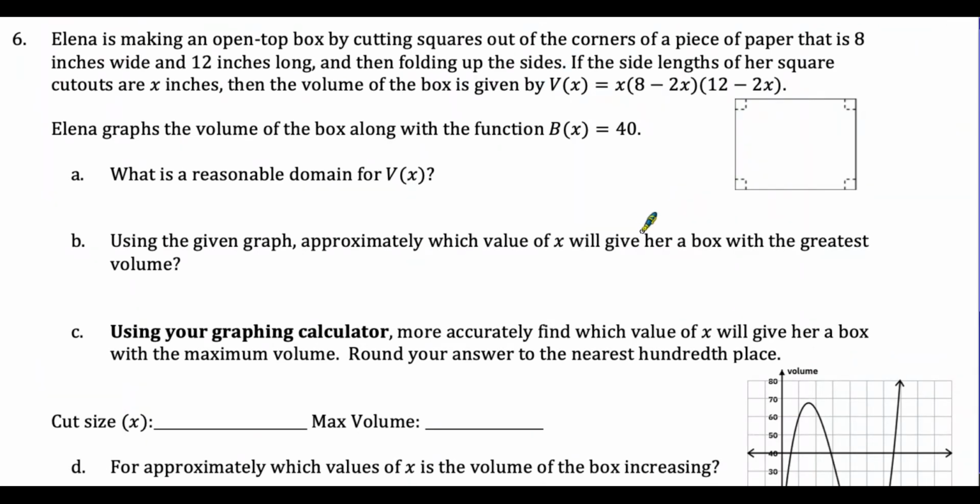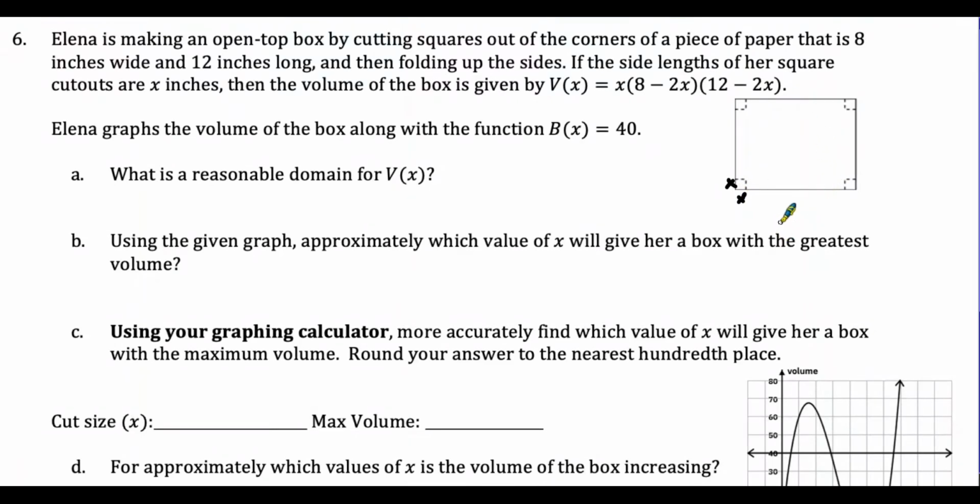Now, number 6, the box problem. We spent a big chunk of the first part of this chapter talking about the box problem. So in this case, we've got a piece of paper that is 8 by 12, and I want to cut out squares from each corner, fold up the sides to create an open top box. So what we are saying is, each of these cutouts are x by x,